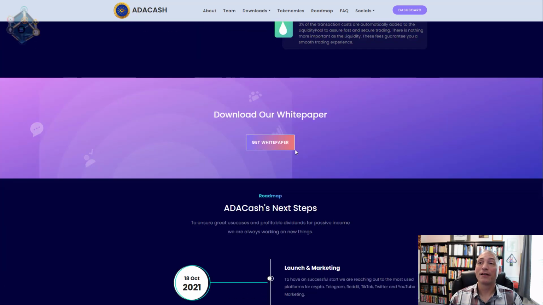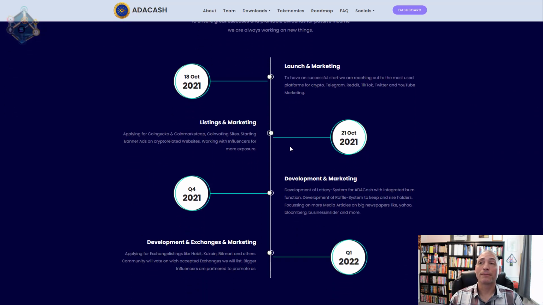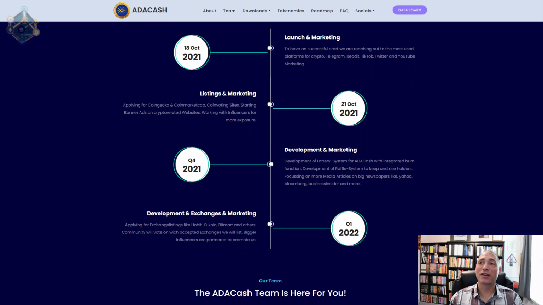And let's keep going. They've got their white paper. We'll cover that in a few minutes. And then they've got the roadmap. Now, here's the interesting thing on their roadmap. They're not really doing anything. Launch and marketing, listings and marketing, development of a lottery system for ADACash and integrated burn function. It's interesting. I'm not exactly sure what that is, so we'll have to take a look at the white paper